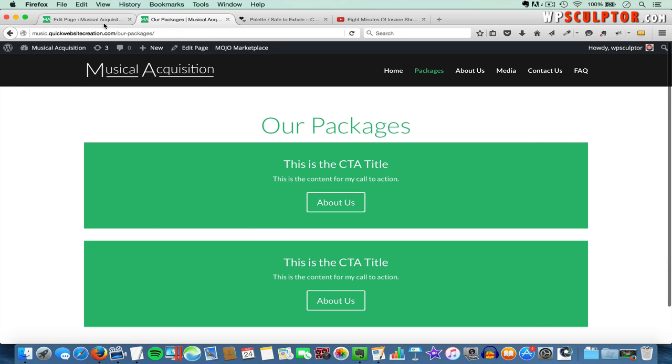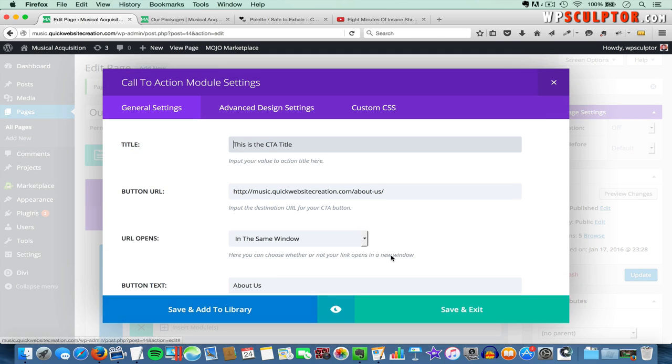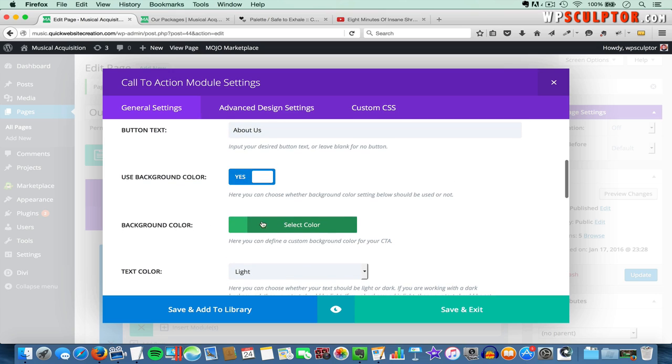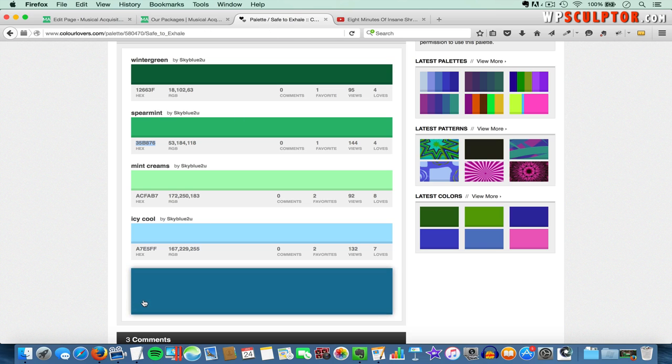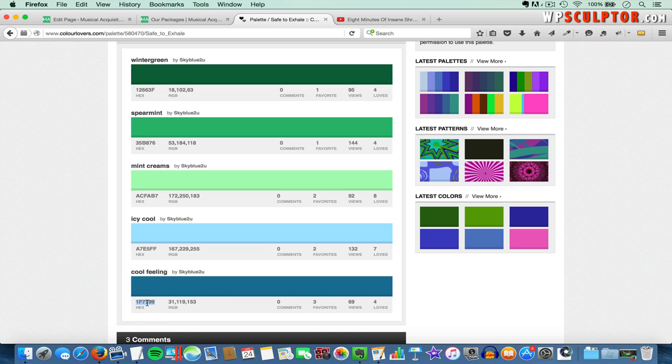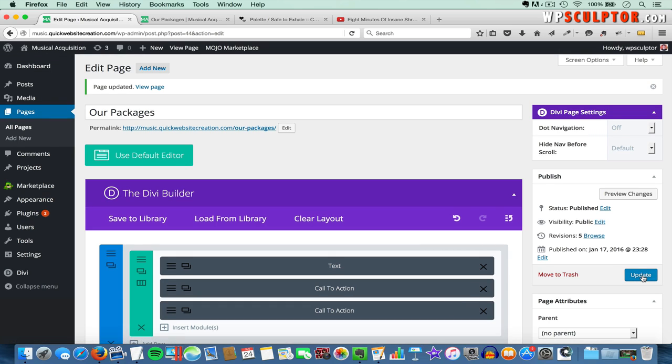Then I'm going to go back and change the background color for the second call to action by clicking on the settings button here. Then I'll scroll down. Where it says background color, I'm going to click on select color, and then I'll remove the hex code that's there, go back to my color palette, and grab the hex code for this blue, copy all 6 letters or numbers, and go back and paste this in here. I'll select that, delete that, and paste this in. Then let's click on save and exit, click on update,